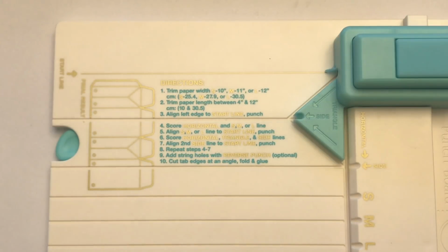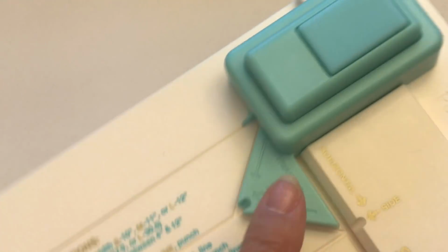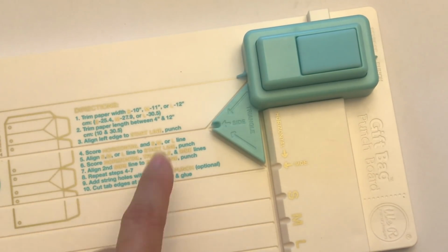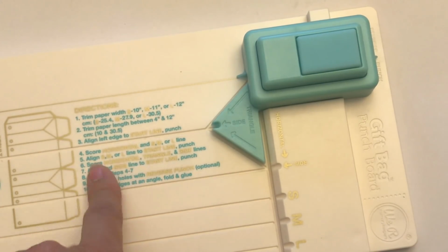My next project is made using the We Are Memory Keepers gift bag punch board, and I purchased this at Tuesday Morning, so I used that, and I really like this little tool. It's super cute. If you see it, grab it because it's a lot of fun and makes great